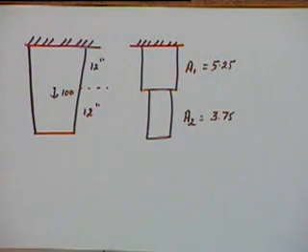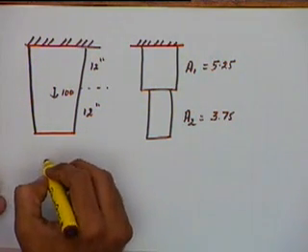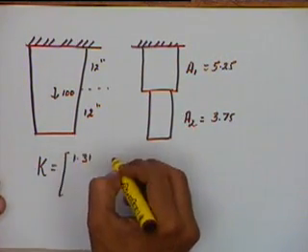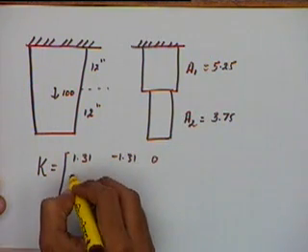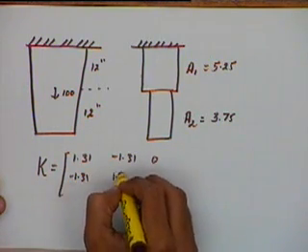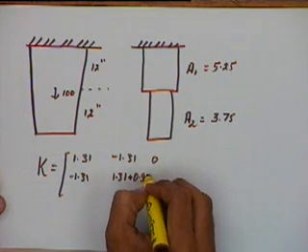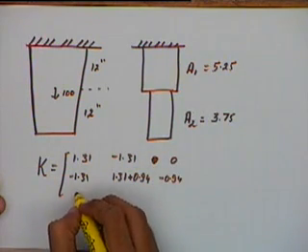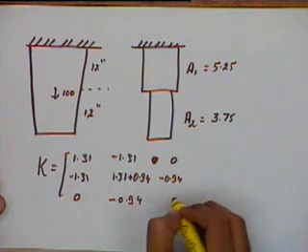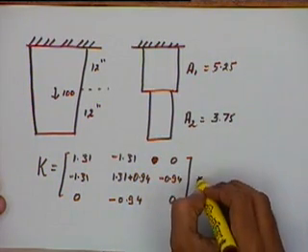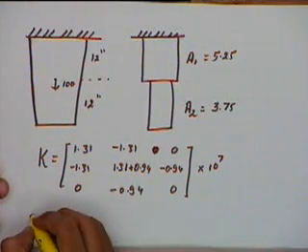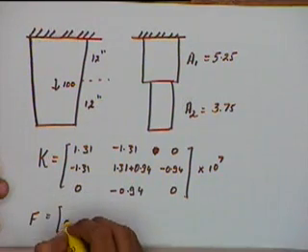Okay, and the global matrices that we had, they looked something like this. The global stiffness matrix was 1.31, minus 1.31, 0, minus 1.31, this is 1.31 plus 0.94, this term is minus 0.94, this is 0, minus 0.94, this is 0, this into I think 10 to the power 7. This was the global stiffness matrix, and the global force matrix, that was